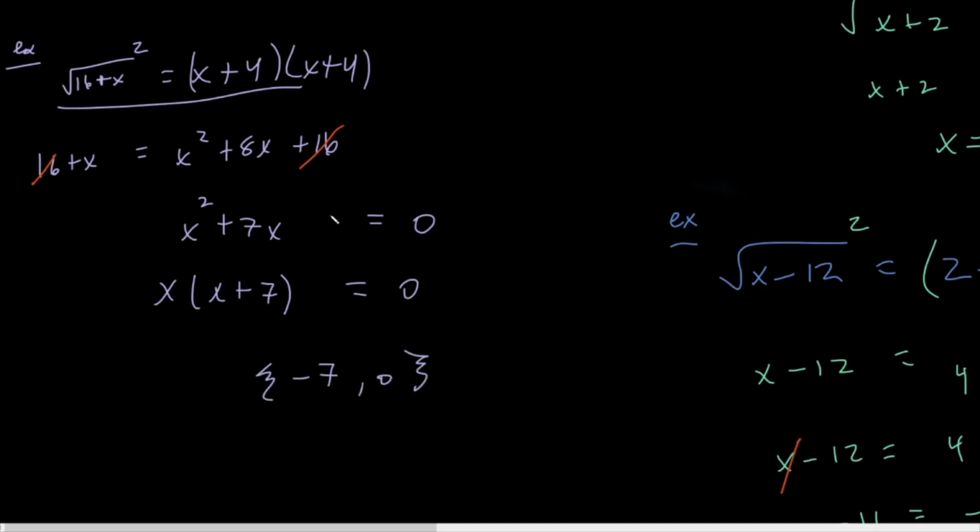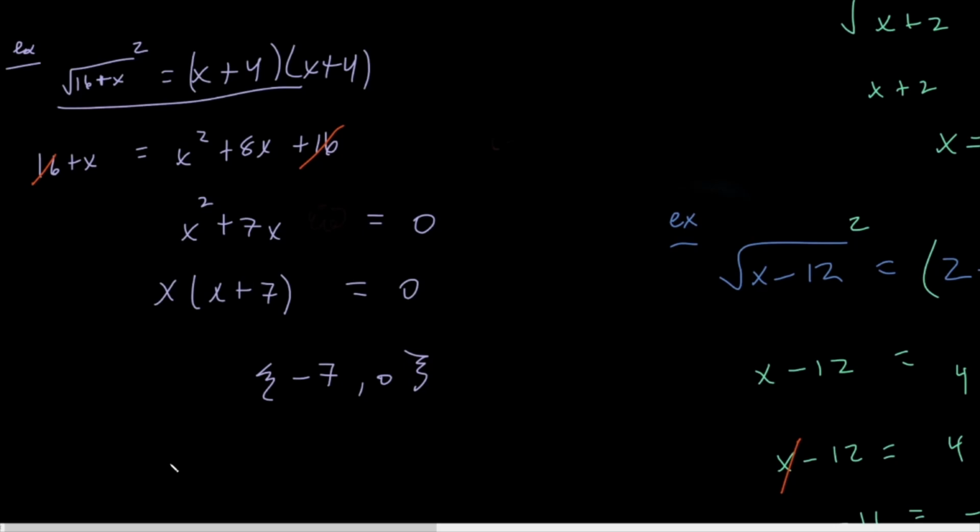On the homework, it's certainly possible that there could be a third term here. Like imagine if it were x squared plus 7x plus 12. And in this, you would just factor x plus 3, x plus 4. So no big deal. Okay, so now we need to check both of these in the original problem, which is